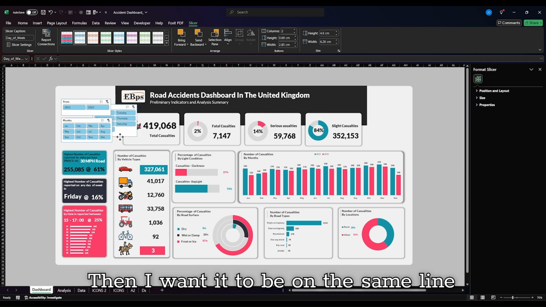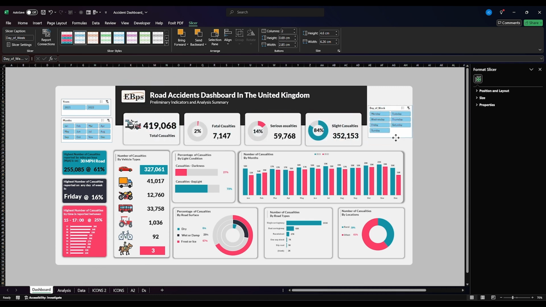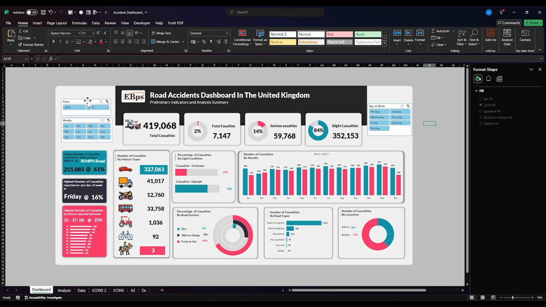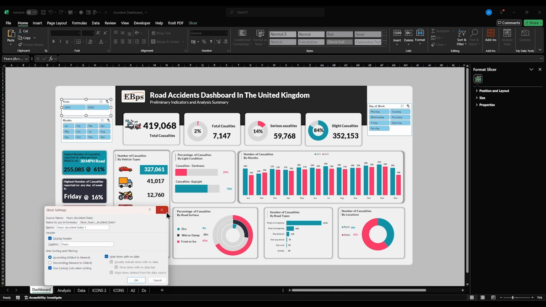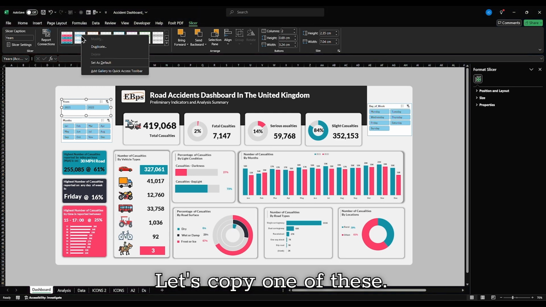Then I want it to be on the same line with this primary. Okay, so now let's do the formatting. Let's go to slicer settings. Let's go to slicers. Let's copy one of these,